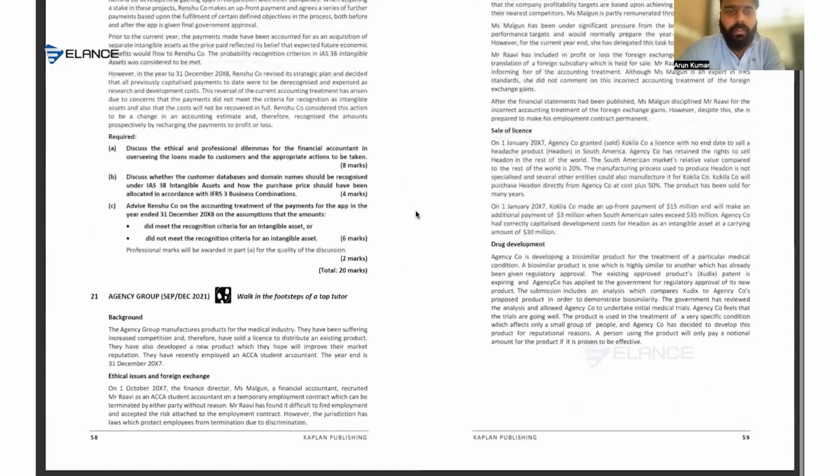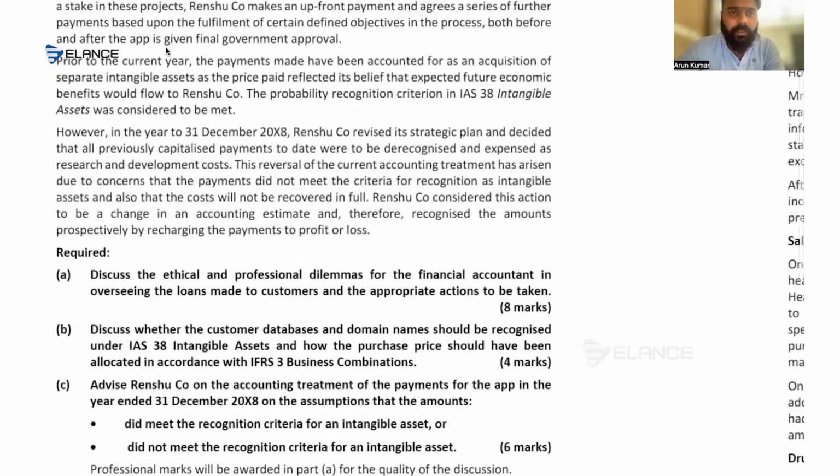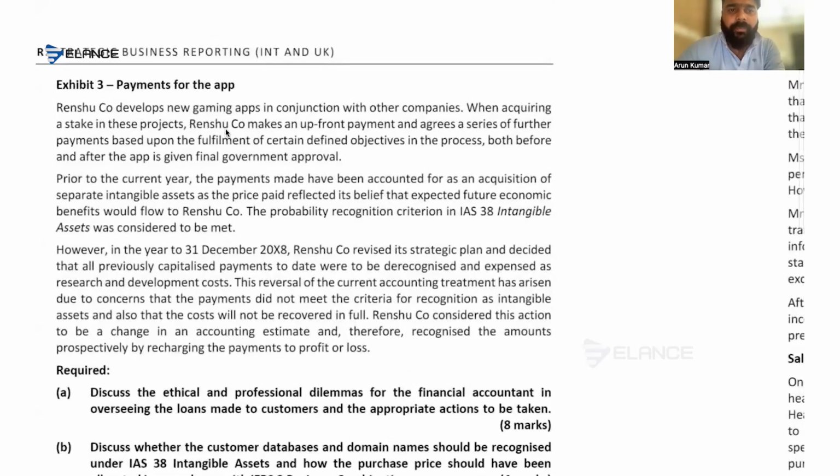Yes. So now read this part. We can just quickly go through it. So Renshu develops a new gaming app in conjunction with other companies. When acquiring a stake in this project, Renshu makes an upfront payment and agrees to further payments based on the fulfillment of certain defined objectives in the process, both before and after the app is given final government